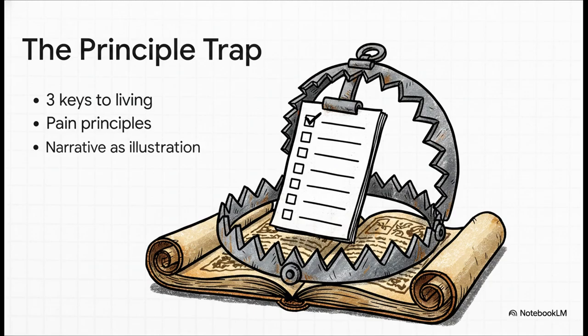They look at a rich, highly complex narrative and instantly try to wring out a neat little list of principles. You know the type, extracting 3 keys to impossible living from Moses, or maybe techniques for putting past pain behind from Joseph. The massive problem here is that you're using the narrative just as a basic illustration. It basically reads external ideas back into the ancient text and completely bulldozes the original author's actual storytelling strategy.